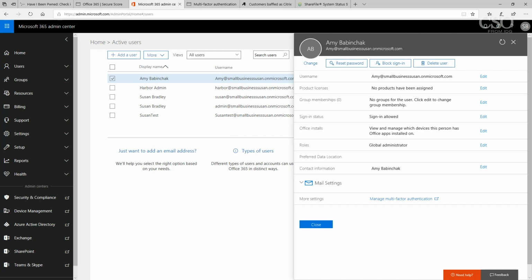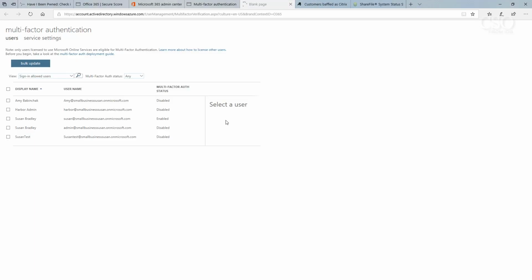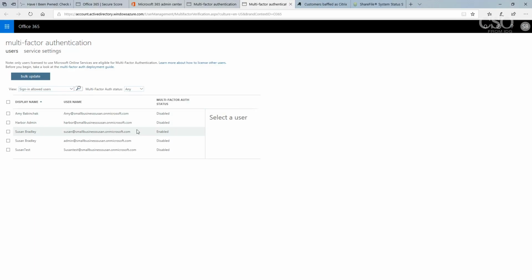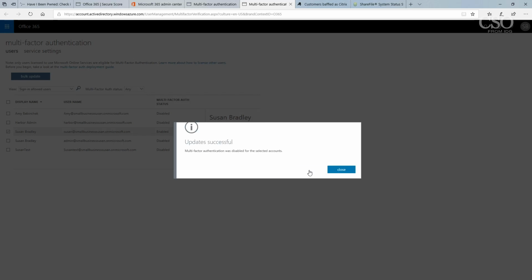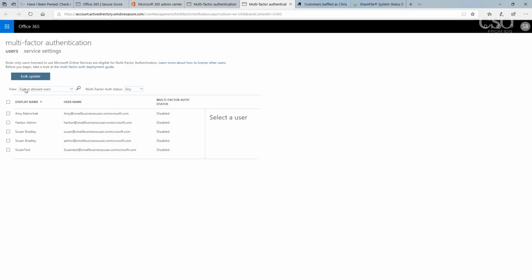A box should pop up indicating that you can now manage the multi-factor authentication. Click on it and you'll see the users that have multi-factor enabled. Obviously in my test bed here I only have one user with multi-factor enabled. You can disable or enable as you see fit. We're going to disable it just to test it out. It's been disabled. And now again we're just going to play around and enable it for this person.